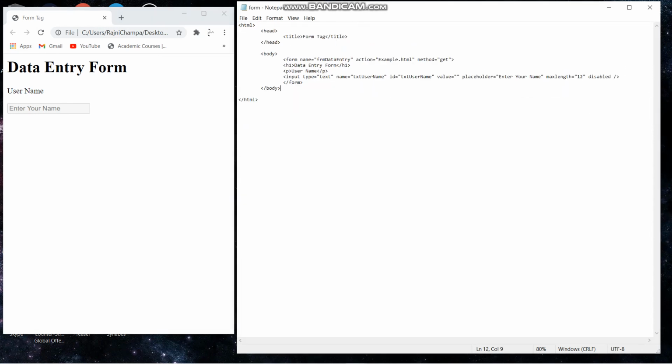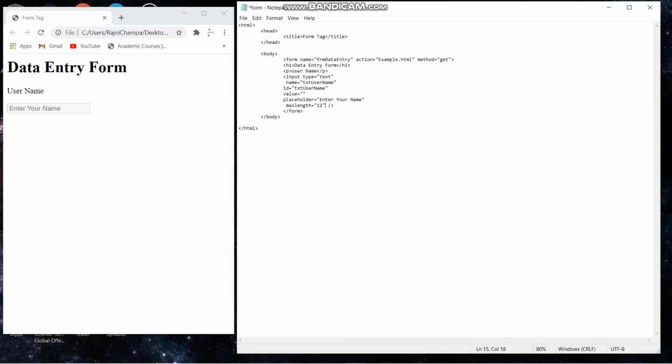So what we learned is that input controls are the most important part of any form, where you have given the type, that is text, for the text box. Name, that is txt username, and it is in camel case notation. Then id, then value, then placeholder, then maxlength.